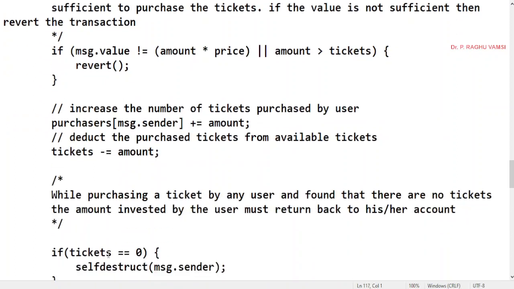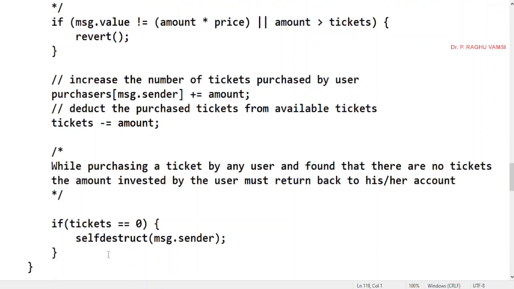While purchasing a ticket, if any user finds that there are no tickets, the amount invested by the user must return back to his or her account. So for this, if tickets is equal to 0, then no investment will be taken. So selfdestruct of msg.sender.